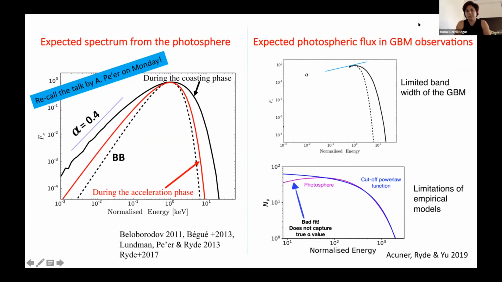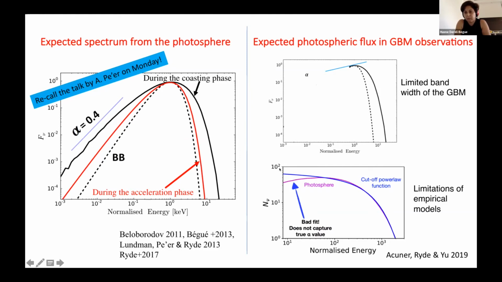And then there is the expected photospheric flux from the GBM. But this has two limitations. The first one is the limited bandwidth of the GBM, so the estimate of the low energy slope is not correct at low energies. The second limitation is the cutoff power law function, the empirical function that you can see here in the photon spectra, the photospheric emission model